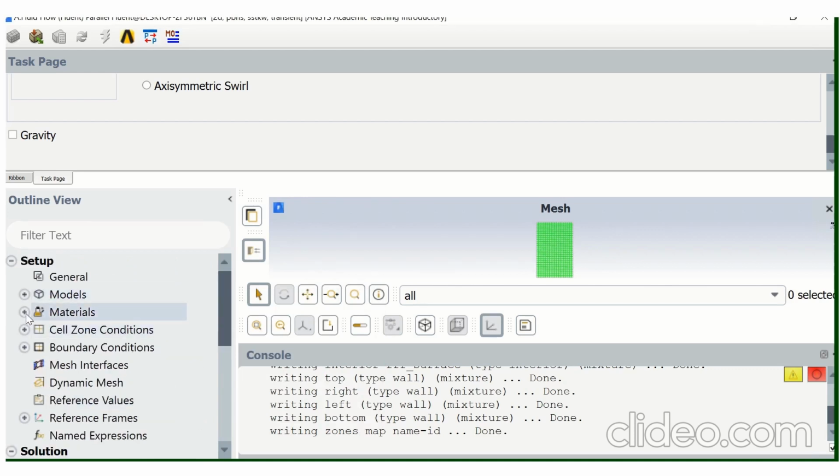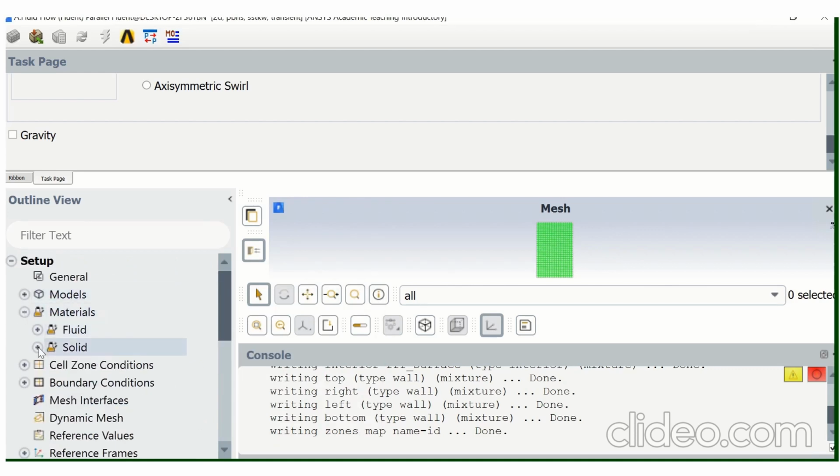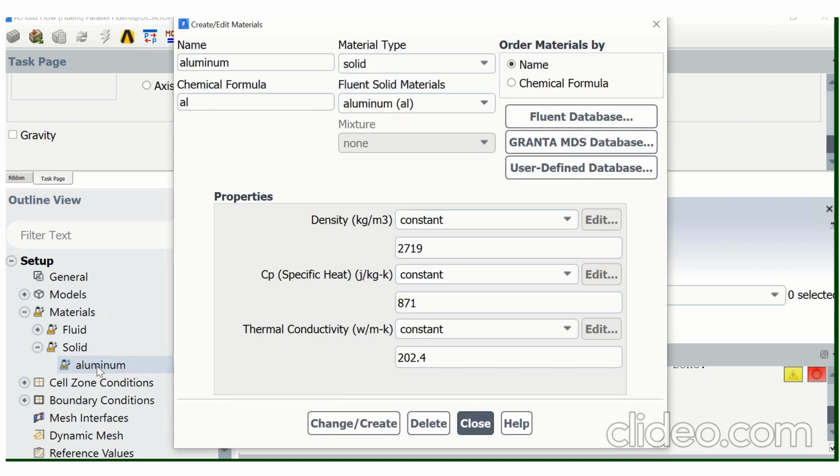After that you have to go to materials, go to solid and right click on it. In our case the material is polymer, so you have to rename it polymer. It's solid, give some chemical composition.